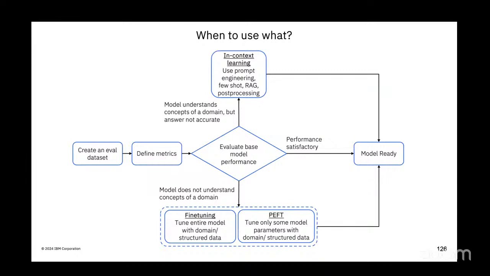So initially what we do is resort to prompt engineering, or RAG, or some post-processing, which are forms of in-context learning, where we show some demonstrations and give some additional input to the model and see whether it is able to do the task to my satisfaction. If it's not, then I generate lots of data and teach the model to do the task. Once I teach the model explicitly, it starts learning to do whatever task I want, and then I can use that model.